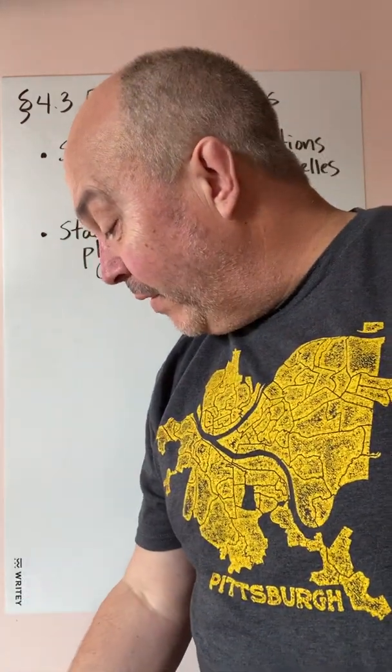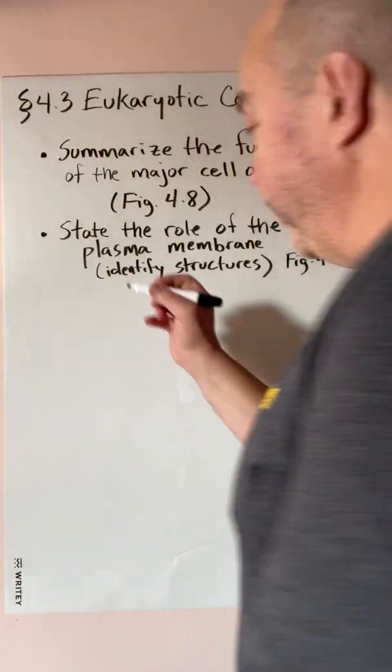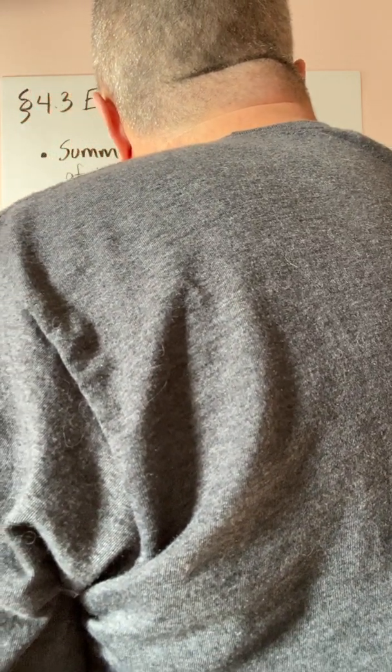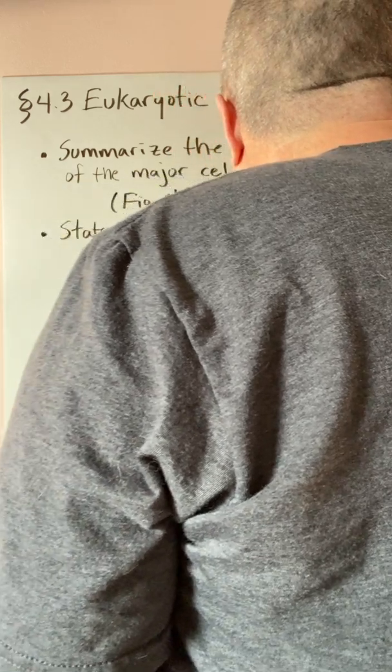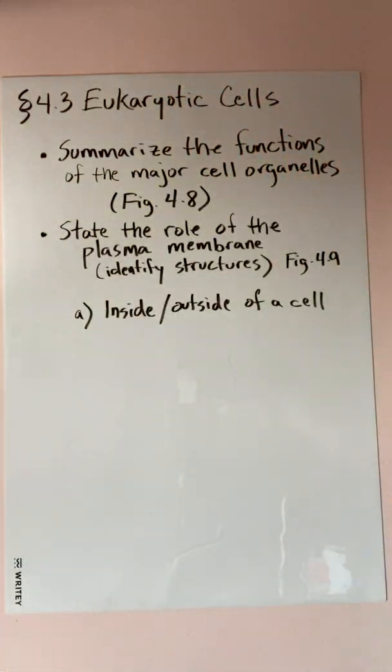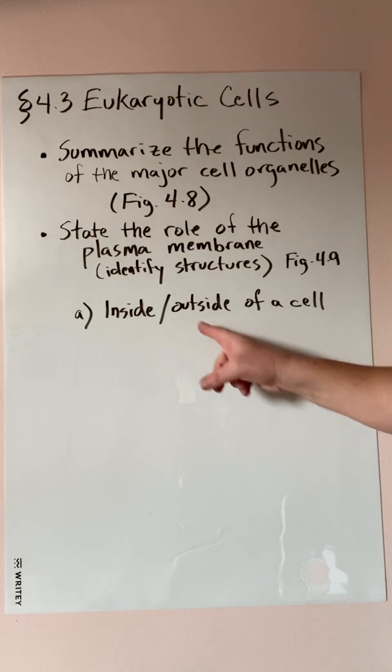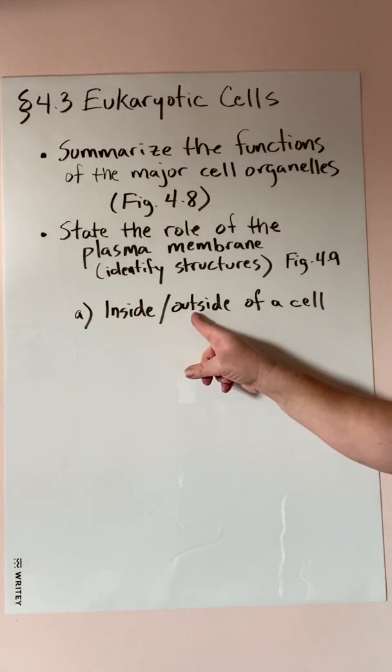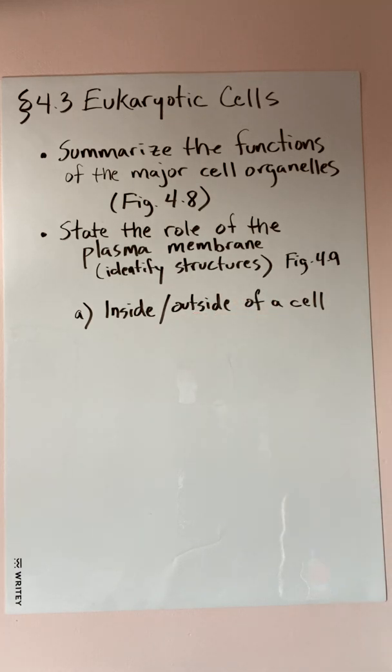It's going to have several different functions. As we just said, sort of the first one is, this is what defines the inside versus the outside of a cell. And that goes for any cell. All the cells we talk about this semester, every one will have a plasma membrane, whether you are a prokaryotic cell or a eukaryotic cell. This is the defining characteristic between inside and outside environment. A second thing that it does,